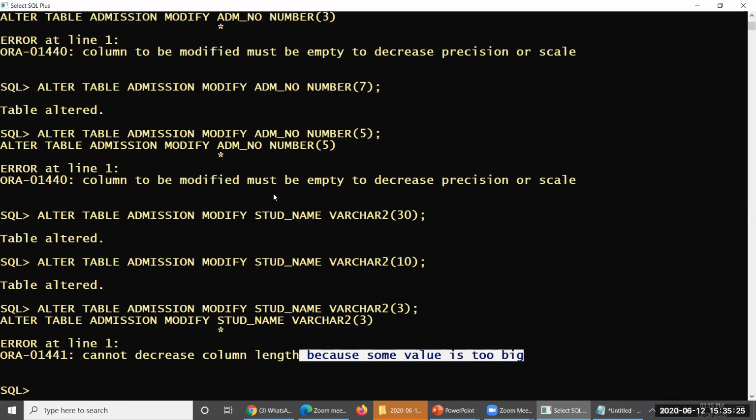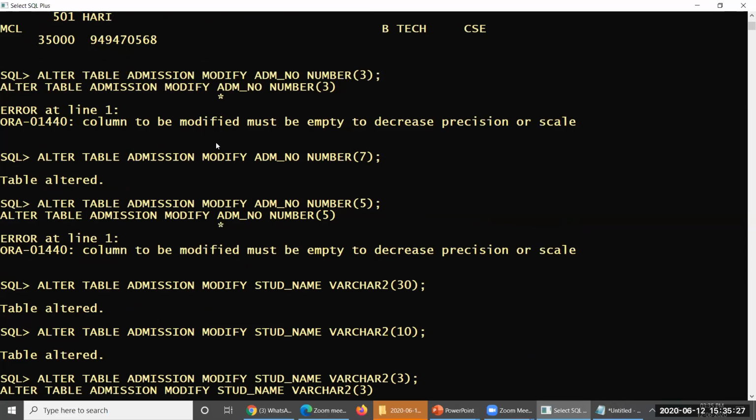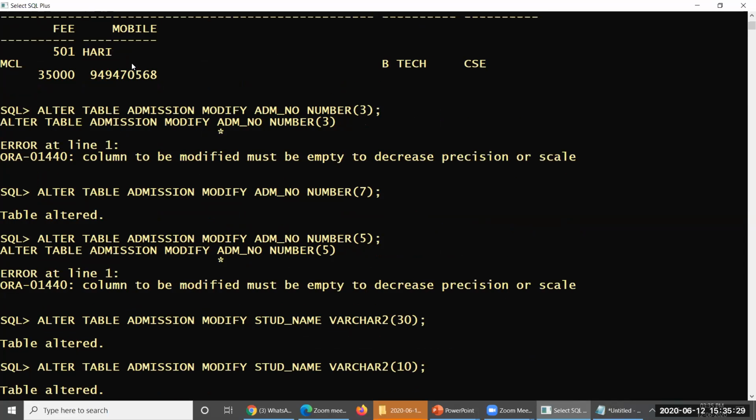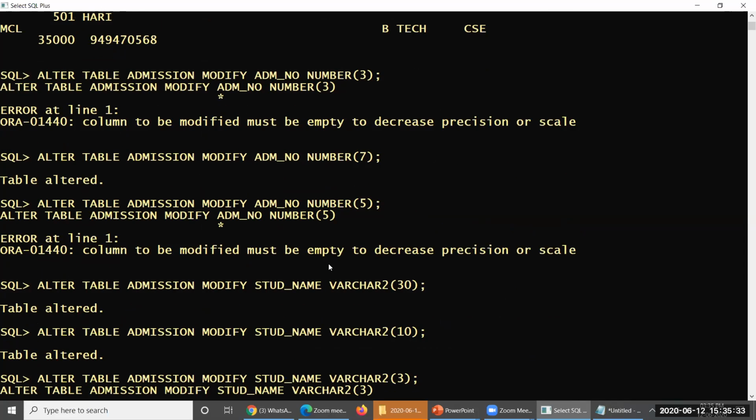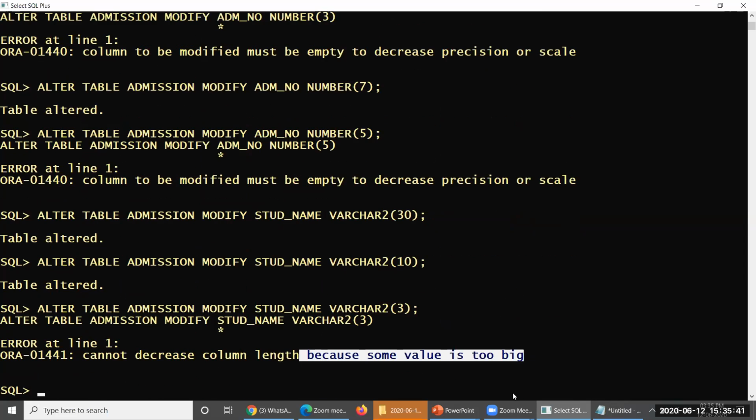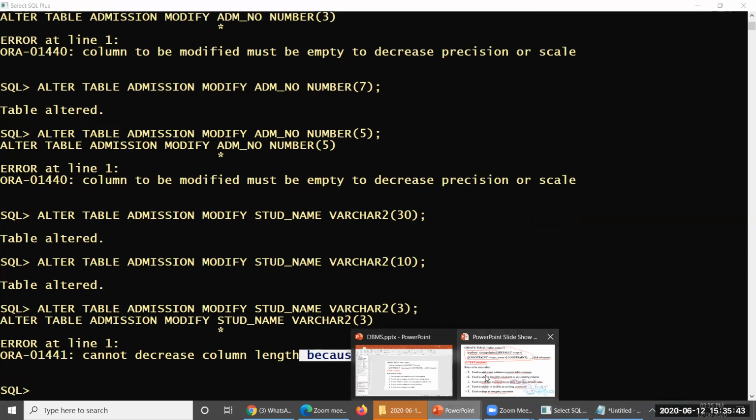So these two are the precautionary measures you have to take into consideration while decreasing the size of your column. So this is what about the alter table command.